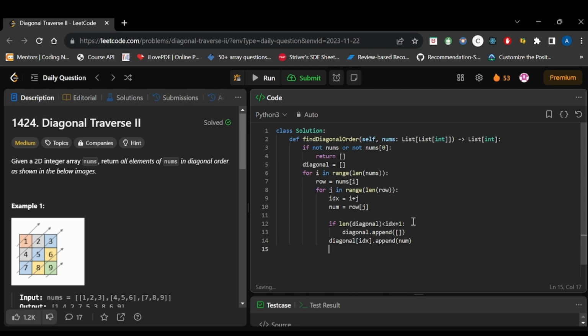So we have added the value. Now we have to flatten the list, so we will be iterating in a loop: for sublist in diagonal.